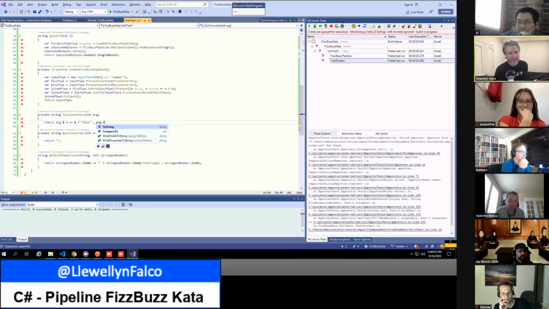Yep, fizz. Good, and I'll do buzz, basically the same thing. And literally that should be the solution. What would it be? I think it handles 15. Put the semicolon in. You don't think? No. FizzBuzz! Yes, it does. Wow. Nice job.